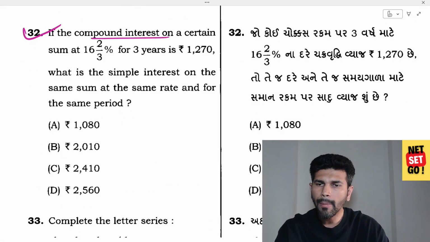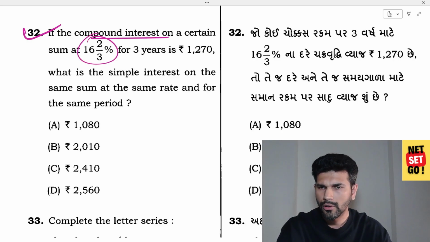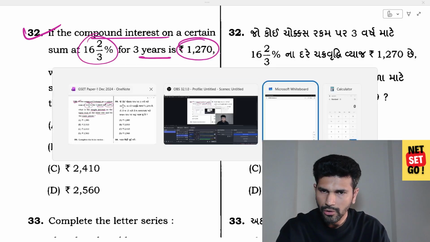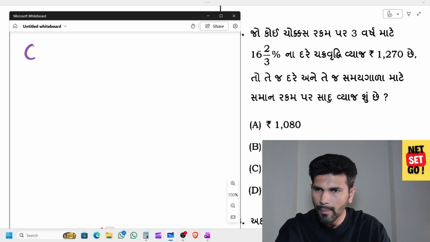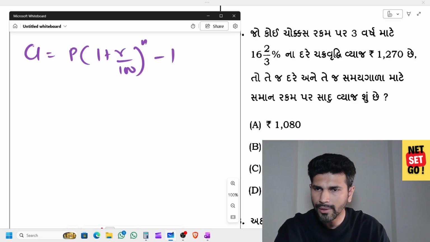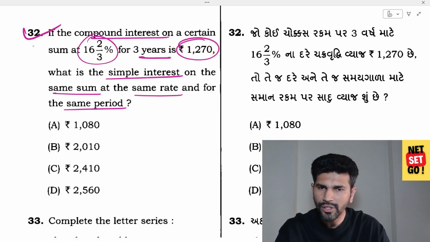Next, if the compound interest on certain sum at 16.67% for 3 years is 1270, what is the simple interest on the same sum at the same rate and for the same period? So, first of all, compound interest formula is P into 1 plus R raised to n minus 1. 1270 is compound interest